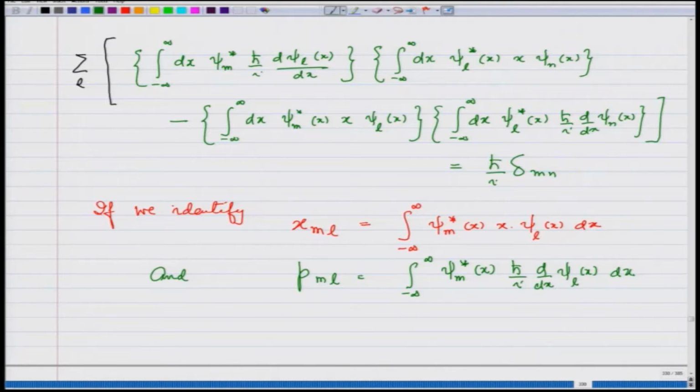We identify it like this. What does this reduce to? It reduces to the summation over L. Inside the bracket I have P m L, second term is x L n, minus I get x m L P L n is equal to h cross over i delta m n, and this is